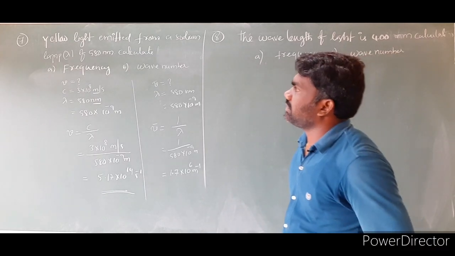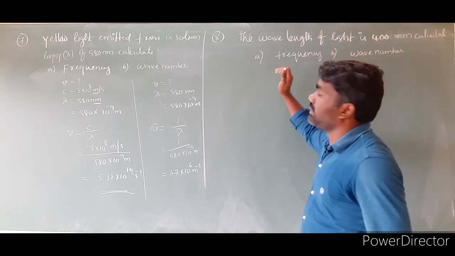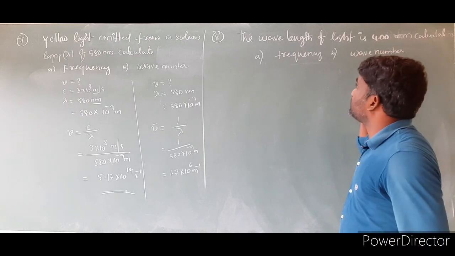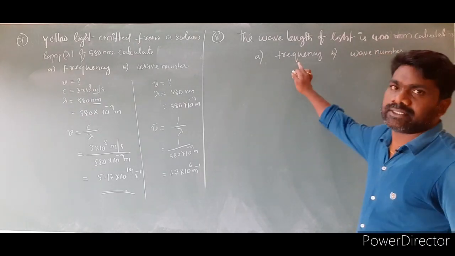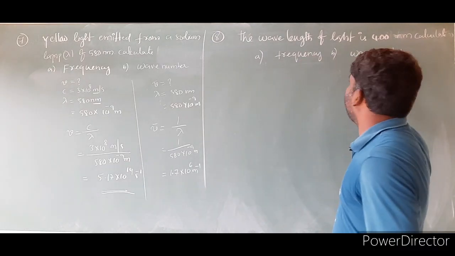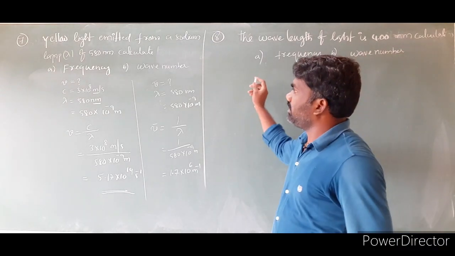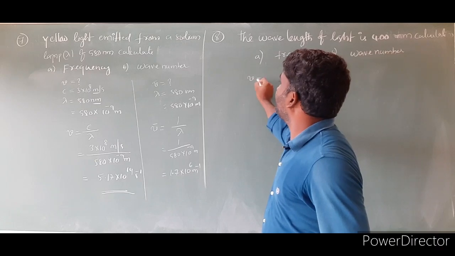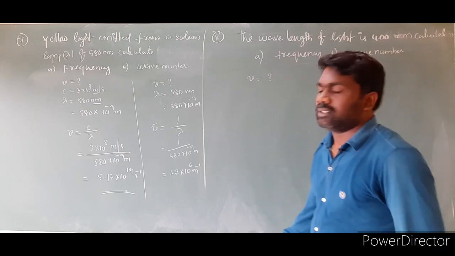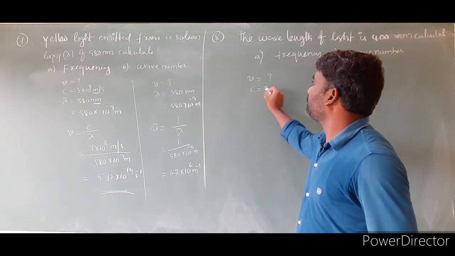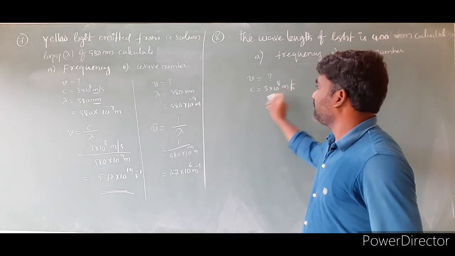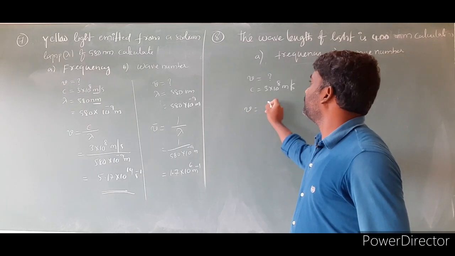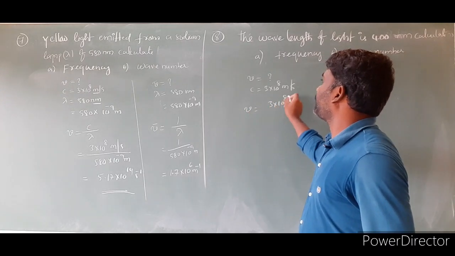So this is the 7th problem. Next, coming to the 8th problem. The 8th problem is also similar. The wavelength of light is 400 nanometers. Calculate frequency and wave number. Similar model. So we have to take nu is equal to question mark and C is equal to 3 into 10 to the power of 8 meter per second. Then nu is equal to 3 into 10 to the power of 8 by